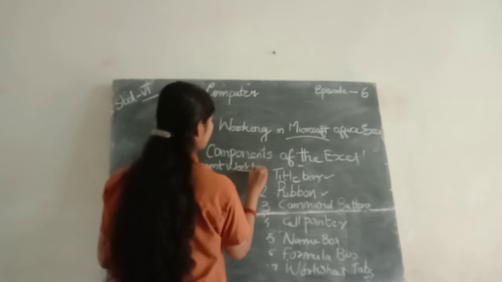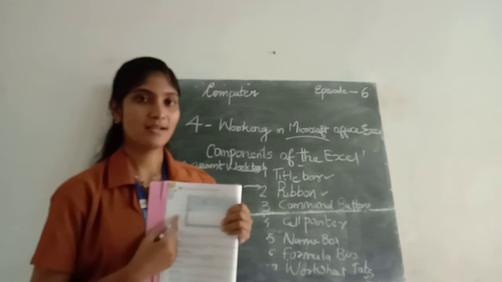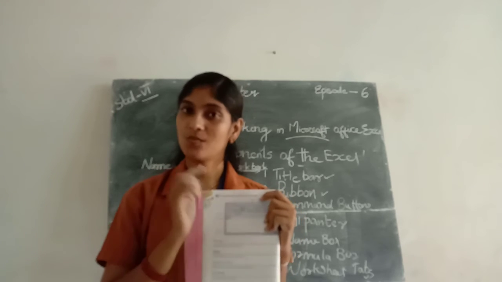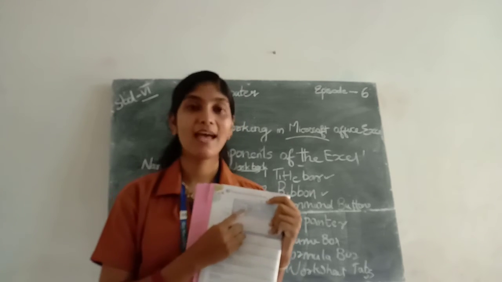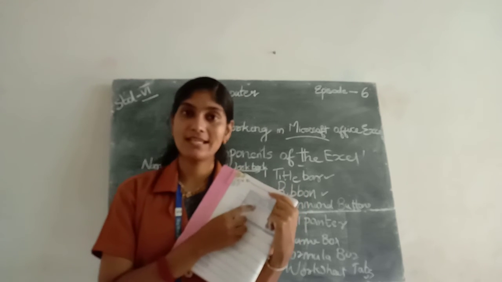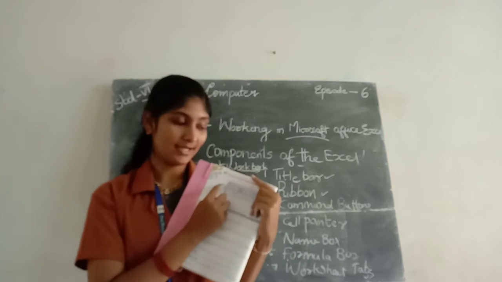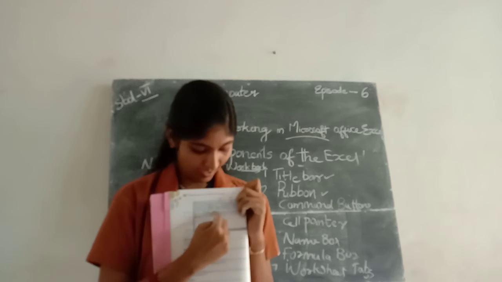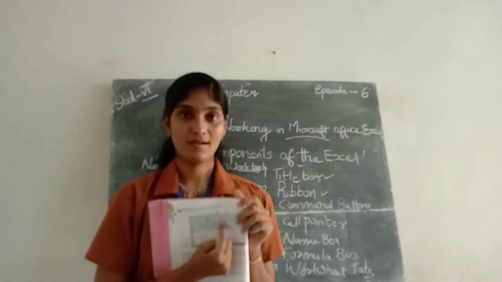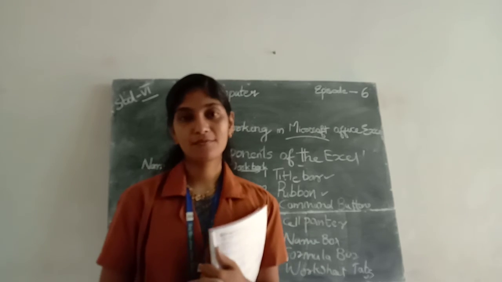Okay. So the second one is ribbon. Ribbon means below the title bar there is an area which is the ribbon, and it contains many buttons, so that you can select buttons according to your specifications. Here a red outline is marked in this area. So this area is known as what? Ribbon. The ribbon contains many options, and they work from a single area.